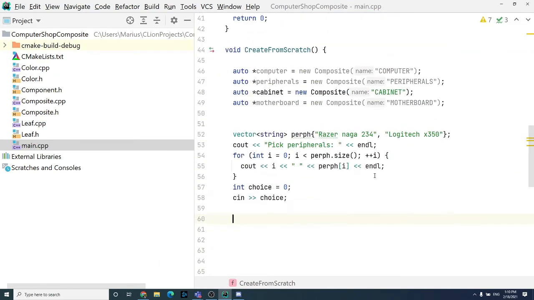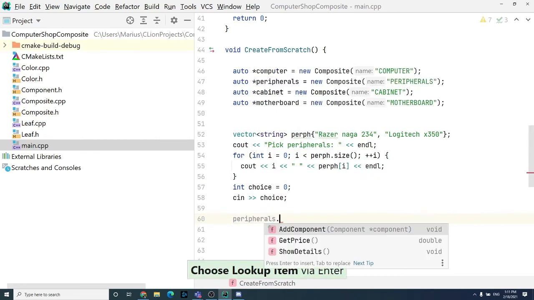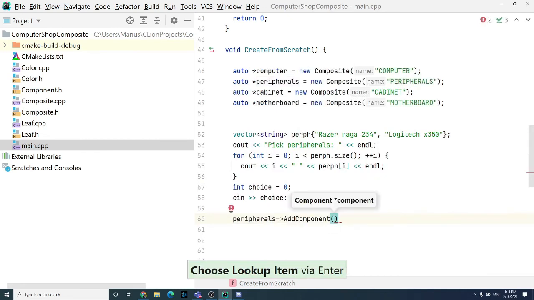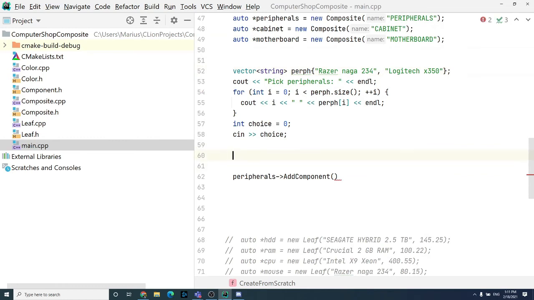And in our case, we add peripherals, add component, and we add a new component from here, from pick, Razer Naga or Logitech. And our new component basically is auto component equals, sorry, we need a pointer, and we add a new leaf,